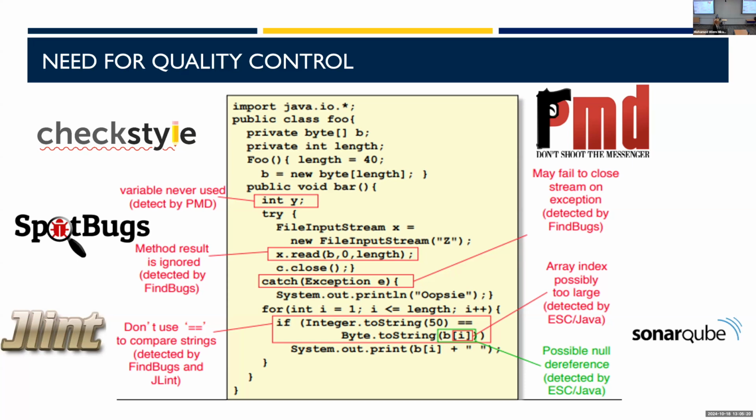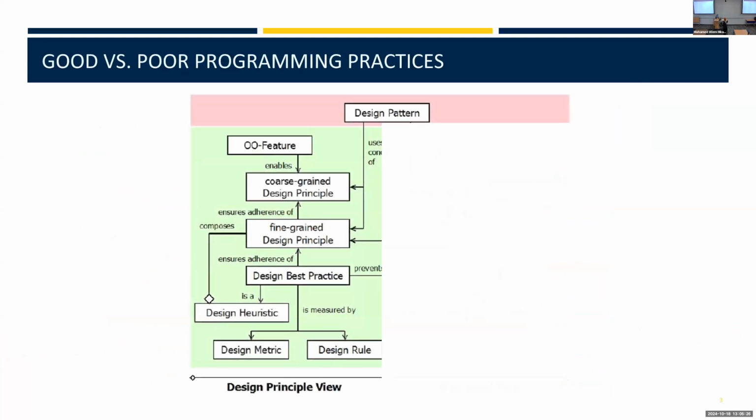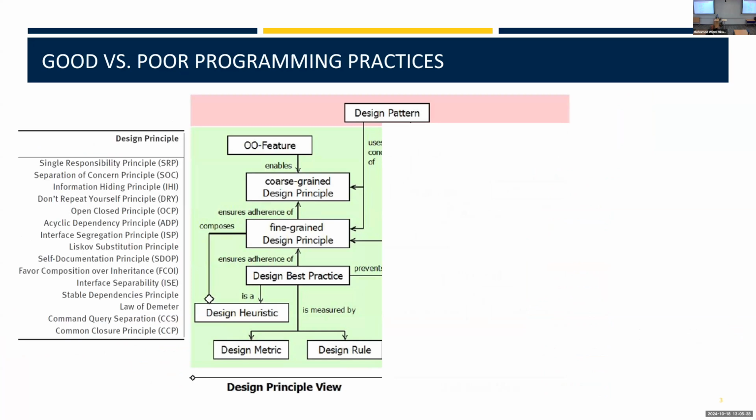So we are here in the room, a bunch of teachers and students. When we teach our students, or when we learn the good programming practices, we all teach multiple languages, they all have some rules and some regulations. And we teach the students how to write good code based on a bunch of design principles. You might have known some of these: single responsibility, don't repeat yourself, law of Demeter, which organizes how classes should interact with each other, etc.